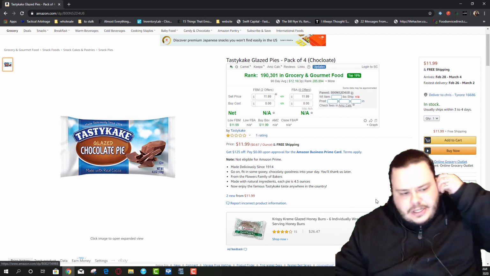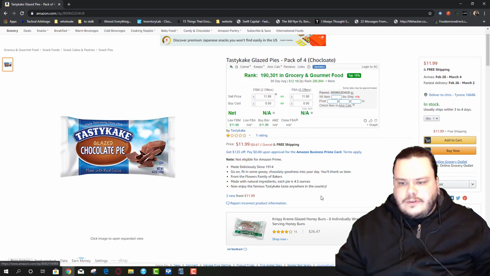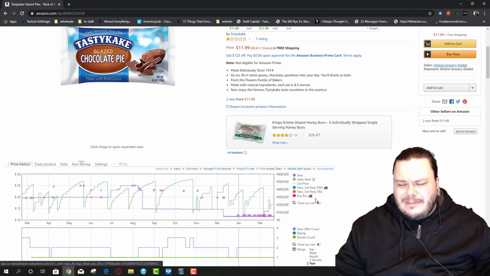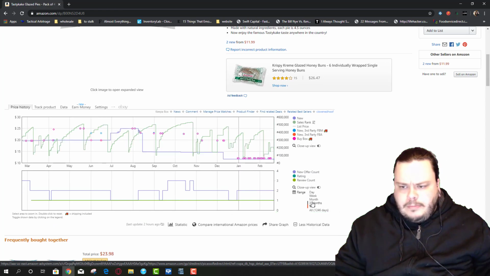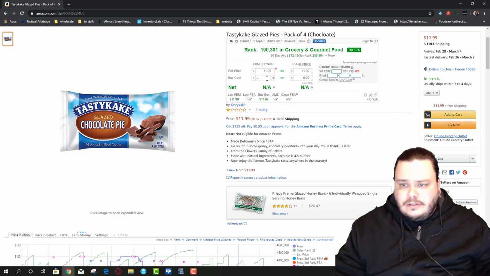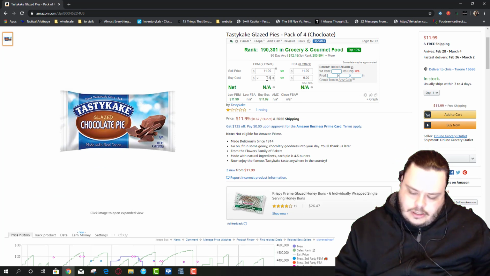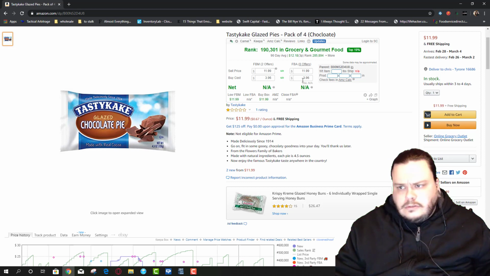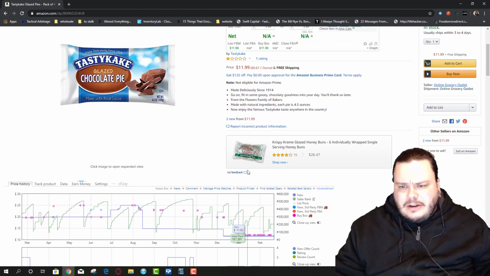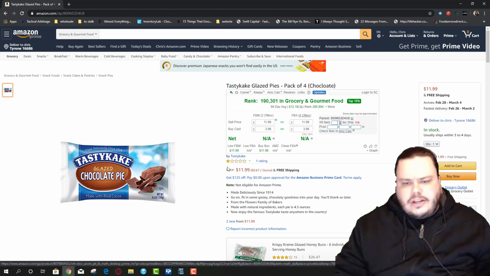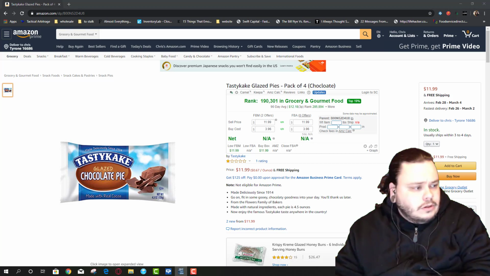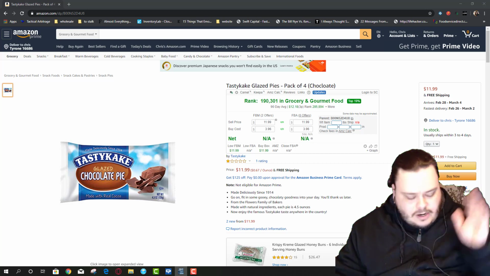Tasty Cake, if you're not familiar, it's largely a Philadelphia area thing, at least was for a long time. Pack of four. This is a pretty common item. You buy this at Wawa or whatever. I probably would. So these are 99 cents, by the way. So 3.96. This probably just would not do. This would be something that I would just pass on. It's a low volume merchant fulfilled item. I don't want to deal with that. I want high volume merchant fulfilled or nothing. So this is just right off the bat, nah.